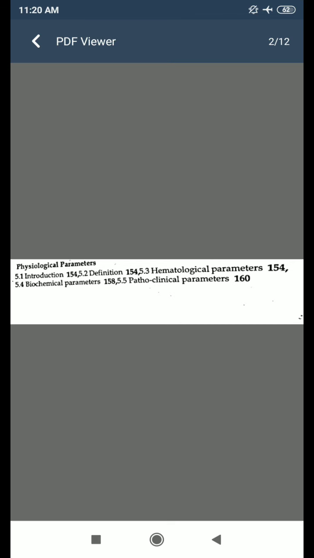Then next is blood cholesterol. The normal value of blood cholesterol is 120 to 240 mg%. It is directly related with aging and reaches 280 to 300 mg% among 70 year old people. Then significance of blood cholesterol: cholesterol is present in the following forms, LDL cholesterol and HDL cholesterol. LDL cholesterol means low density lipoprotein cholesterol, 60 to 80% of total cholesterol, and HDL cholesterol means high density lipoprotein cholesterol, 25 to 40% of total cholesterol.